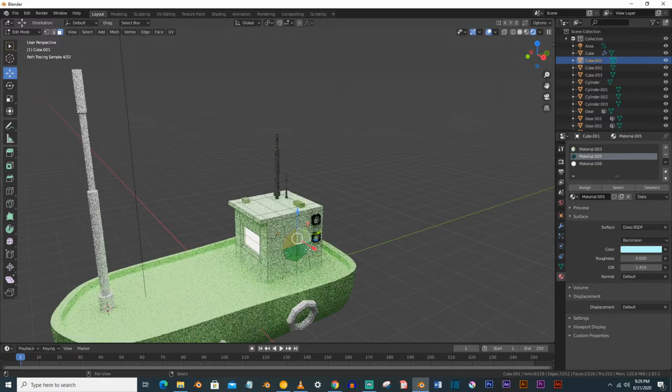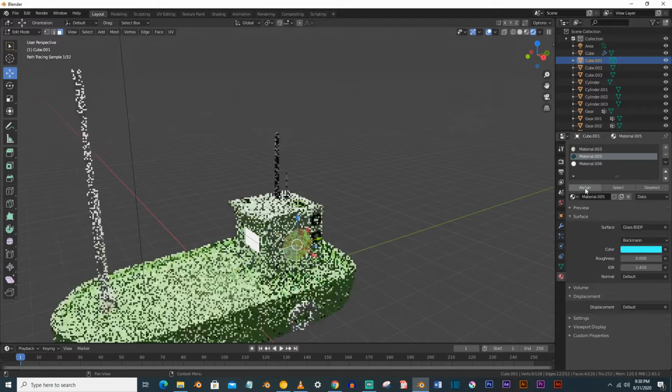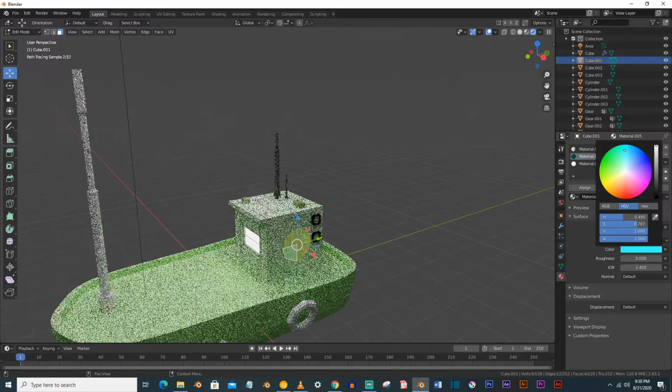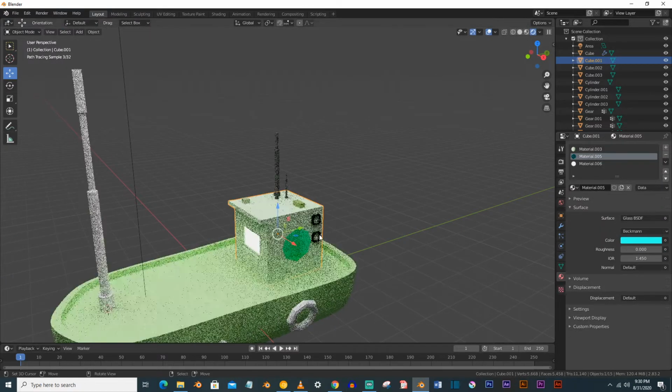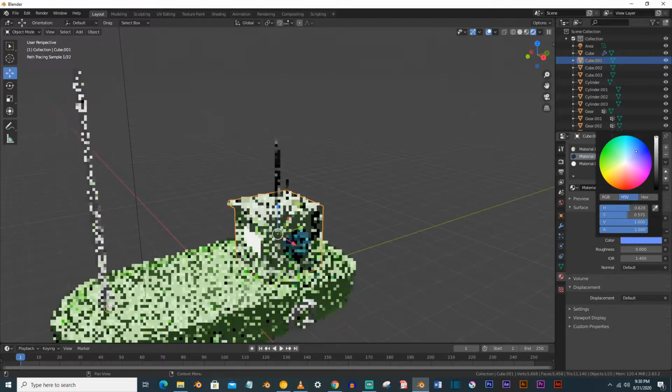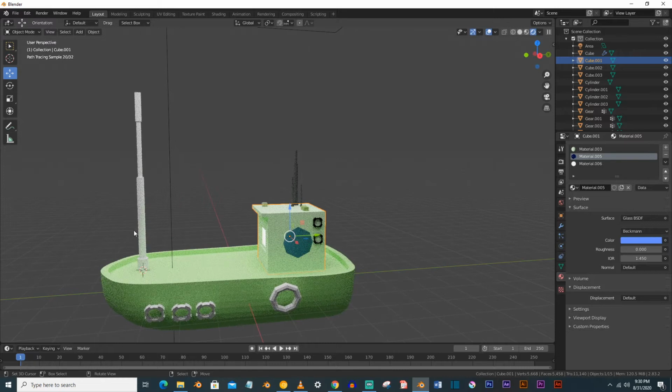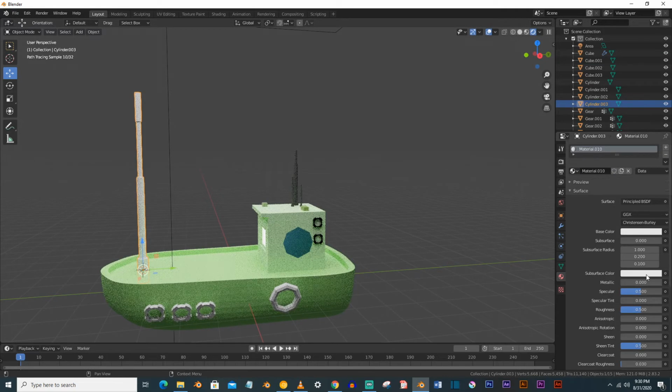And this is the color you can assign whatever you want. I'm just assigning it, and assign this color also, this to somewhat metallic, roughness down,